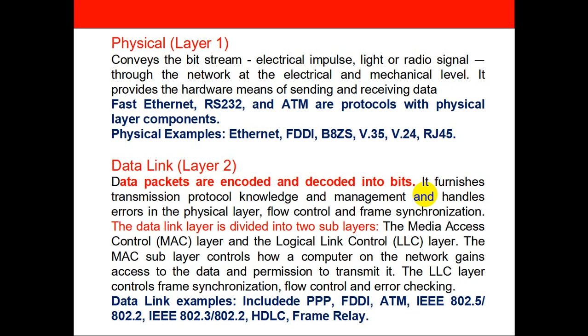connect the Ethernet cable. And in layer 2, which is the data link layer, data packets are encoded and decoded into bits. Its feature is that it furnishes transmission protocol knowledge and management, and handles errors in the physical layer, flow control and frame synchronization. The data link layer is divided into two sublayers, and the two sublayers are